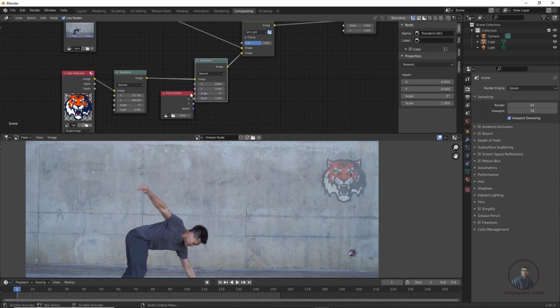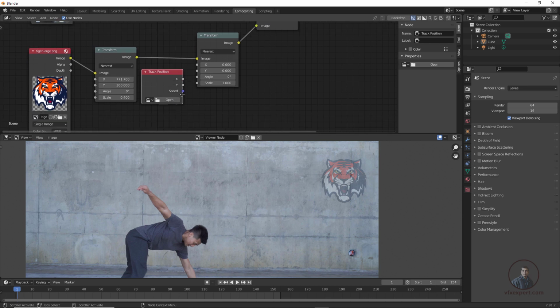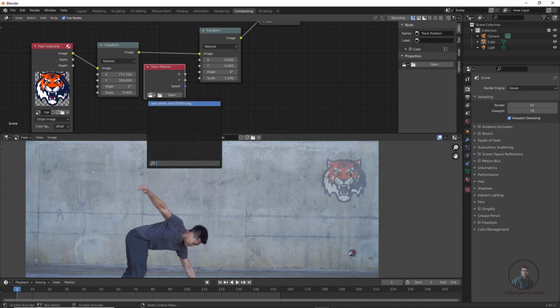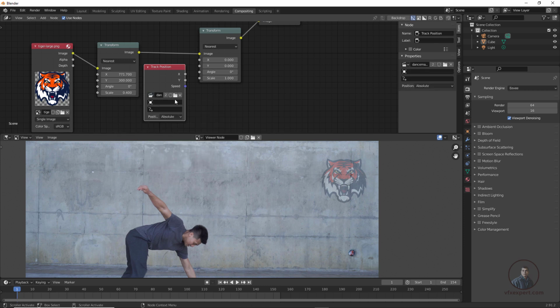Now first we have to enable our tracking data. Then we have to click here, so you can select the footage I have tracked. Simply click here. Then if you see, it's showing camera, which means by default Blender is creating all trackers in the camera group. Then after this we click here and select the track which we have tracked. So this one I have tracked and renamed. Now select this one.